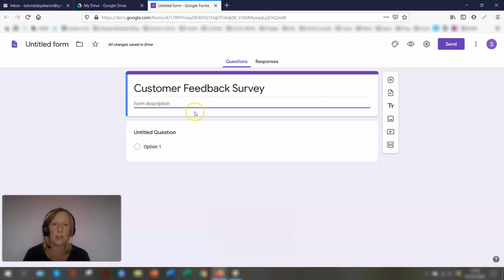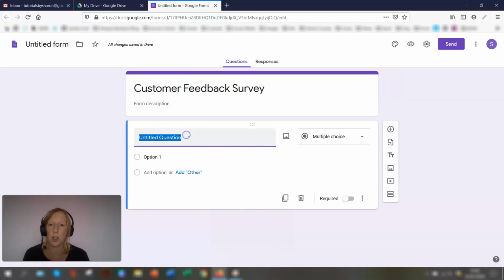Just bear in mind that whatever you put in here, the people that answer the survey will see this. So just keep that in mind. It gives you an untitled question here as an example, so you just need to overwrite what's in there already. For example, the first question could be, what is your